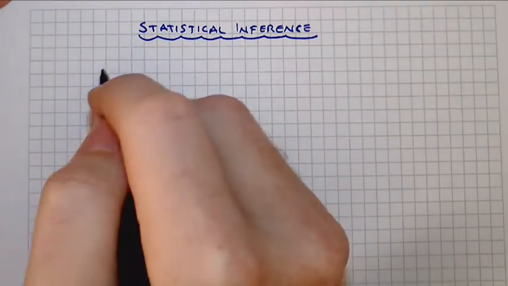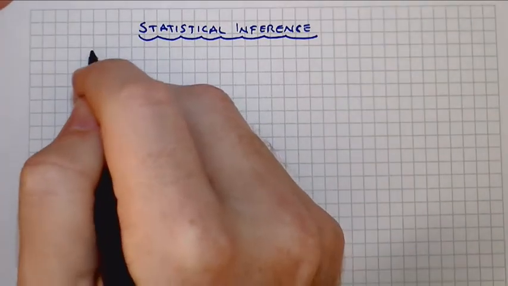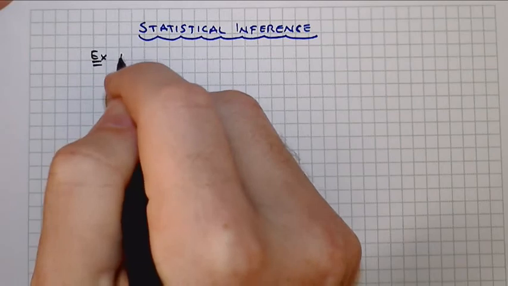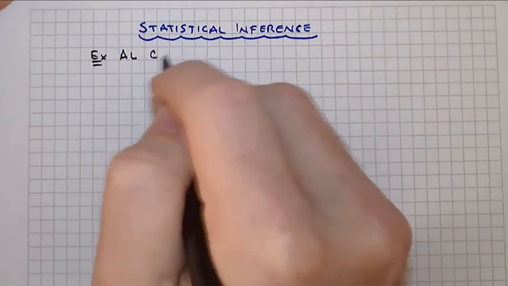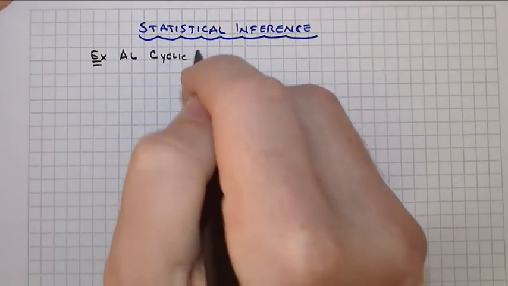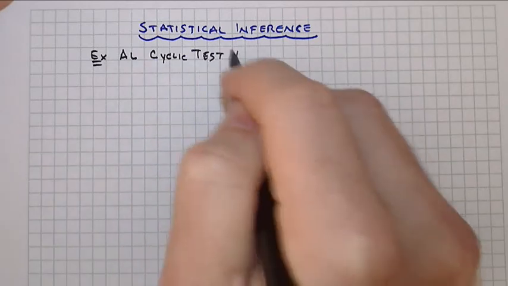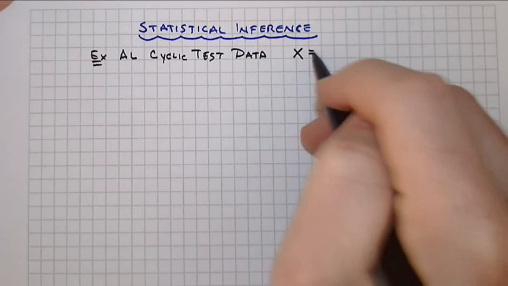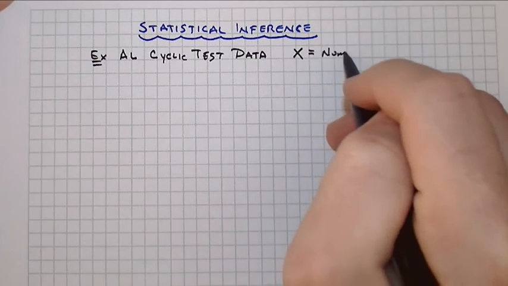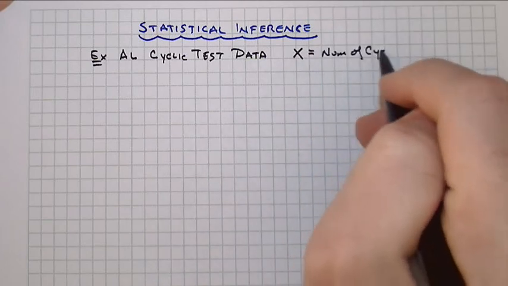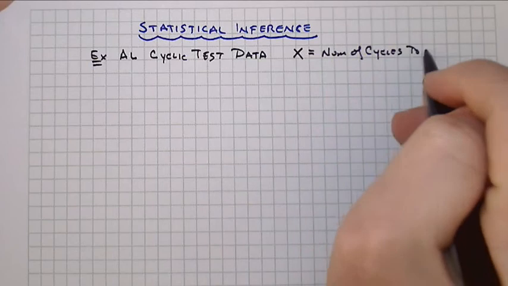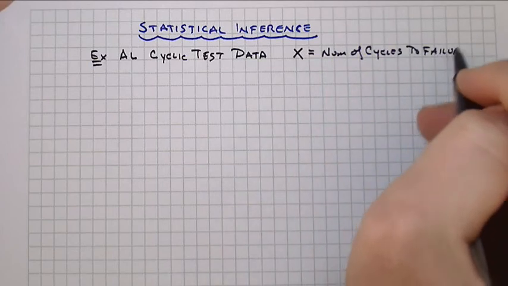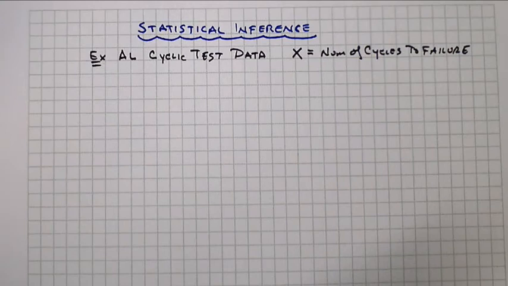In the last lesson, we looked at an example associated with aluminum cyclic test data, where X was our number of cycles to failure. We're going to turn in this lesson to what we do with those descriptive statistics that we determined last time, such as